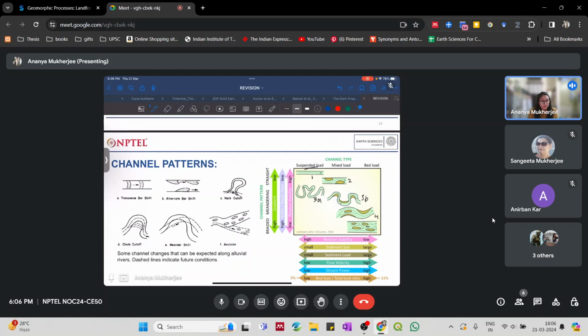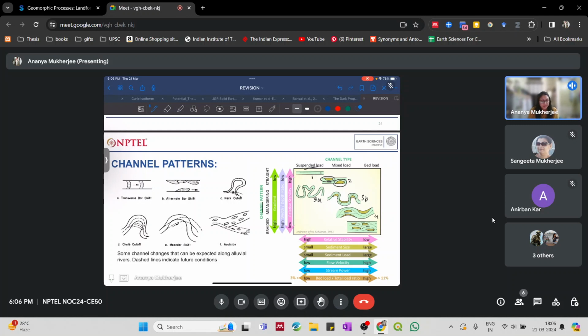Then when the load changes, it has a mix of loads. They start depositing towards the banks of the rivers,